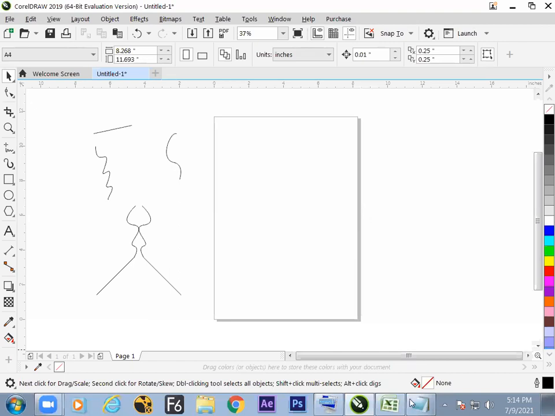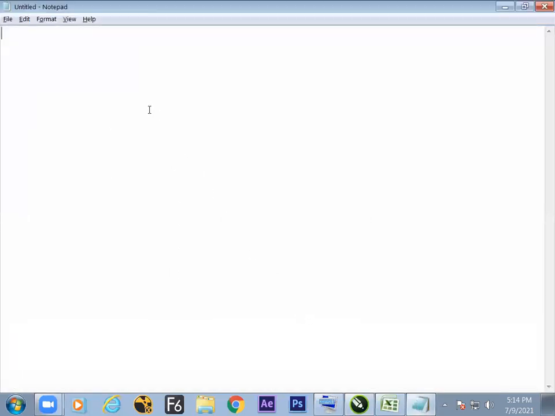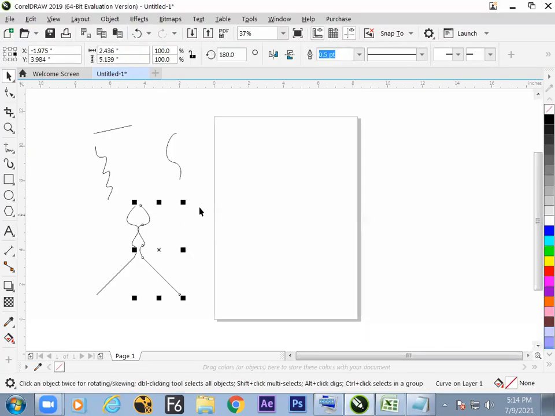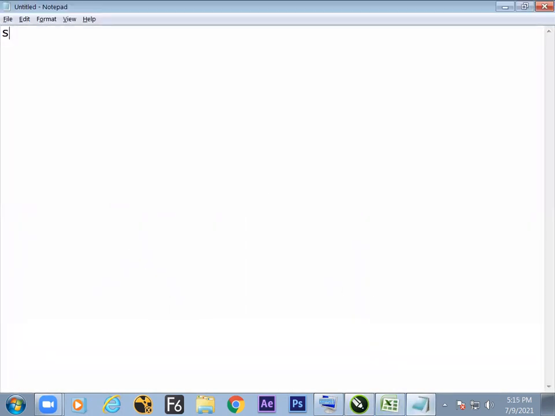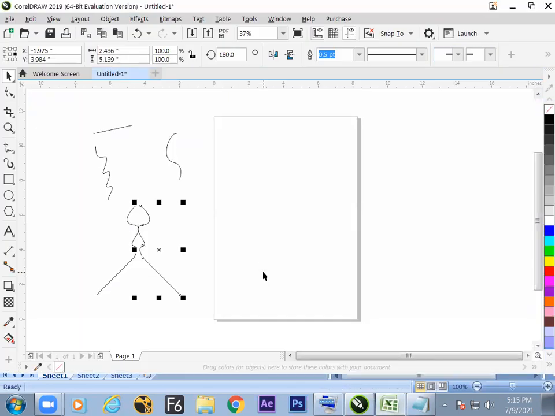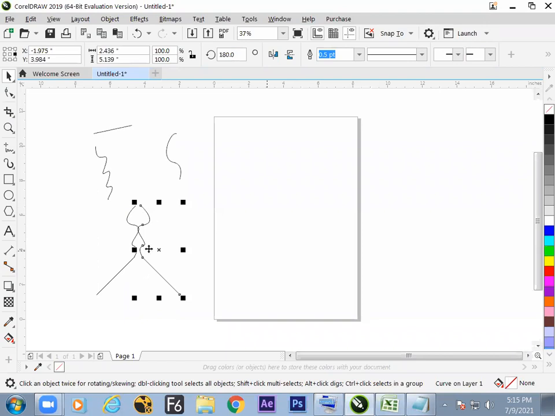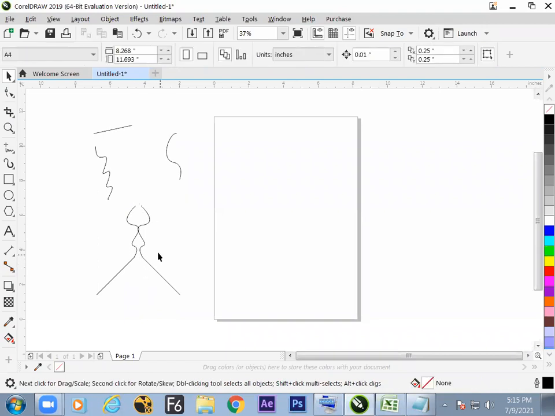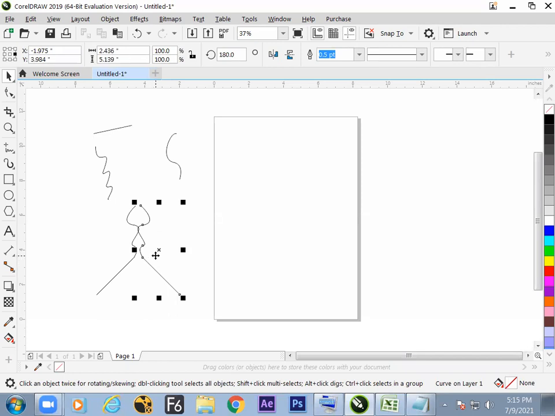Now we'll switch to the topic called line details. A line object has a stroke and the other one is fill. So the topic is stroke detail. In any software like Illustrator, CorelDRAW, anything, if a line is there, then the line has properties. If the property is there, it can be changed. The first property of the line is the thickness of the line.